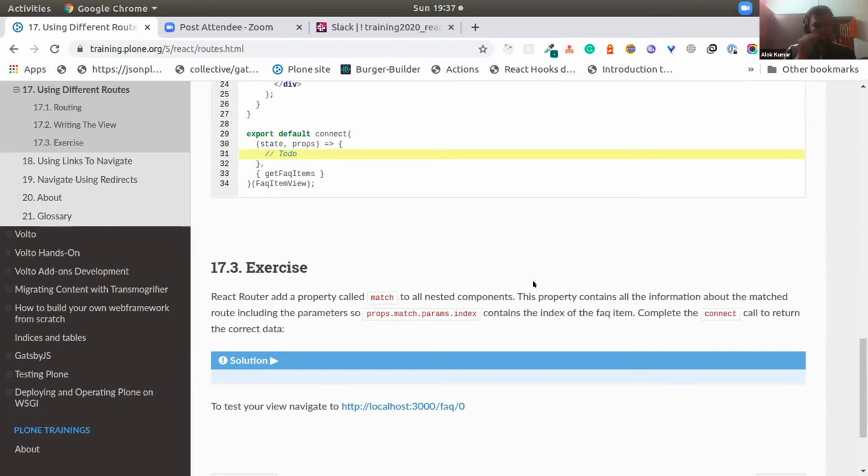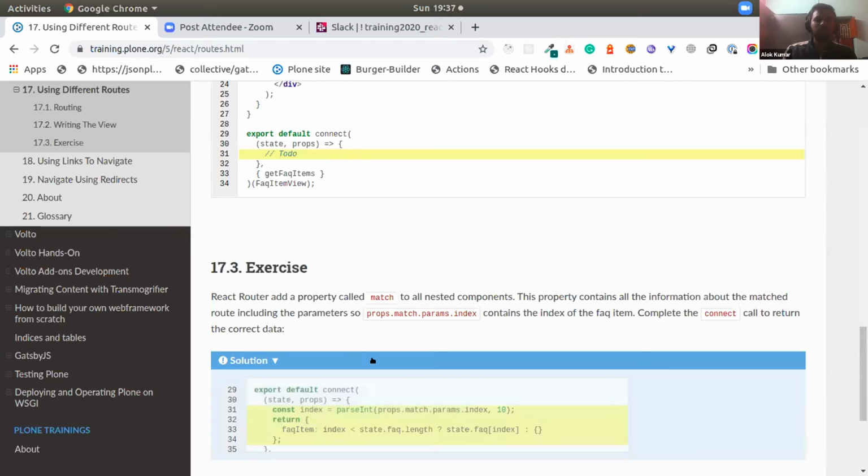And you know that we store all our FAQ in the Redux store. So how can we access these items from there? You remember from the previous training that we can use this connect function. You can see that we have the connect function with state and props, and we can access the FAQ from the state. You can see the solution: we access the state from state.faq, and we also get this